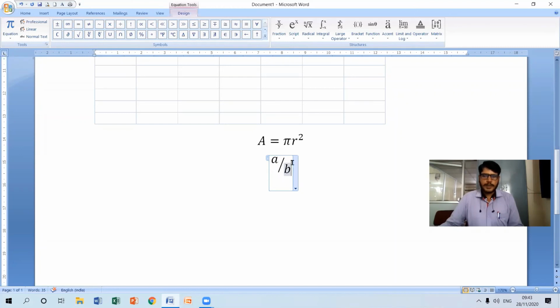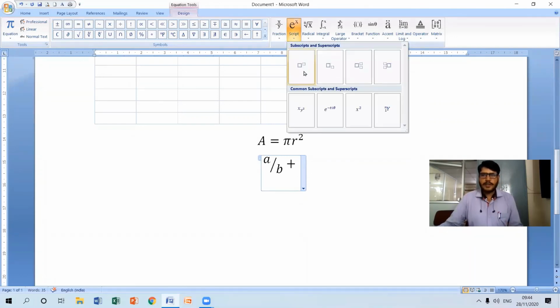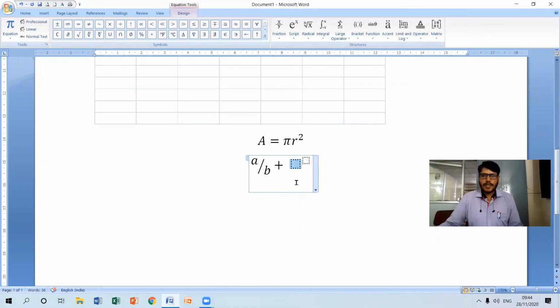After this, we can leave space and include a plus sign. And after that, I can include even scripts here like this. Now I can insert A square like this. So it is very easy.